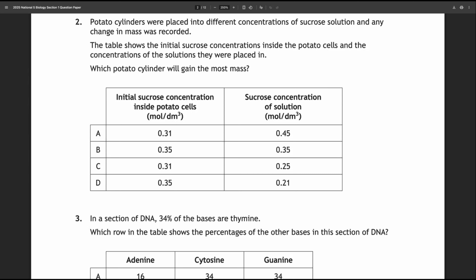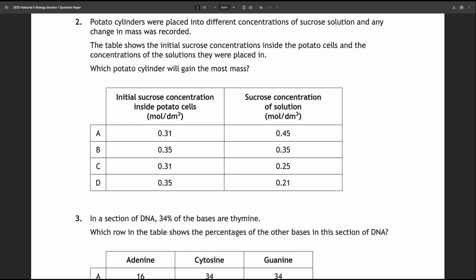Okay, now we know that osmosis is the movement of water molecules from a higher water concentration to a lower water concentration. So what we have to do here is work out where the higher water concentrations would be and where the lower water concentrations would be. That's the first step. Now, if we look at the two columns, what it gives us is the sucrose concentration,